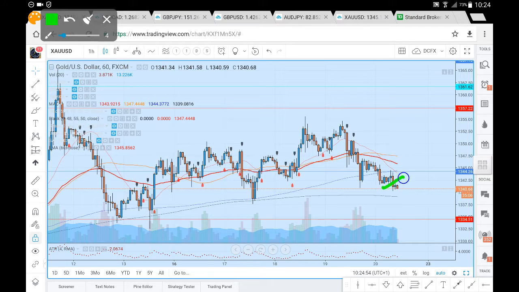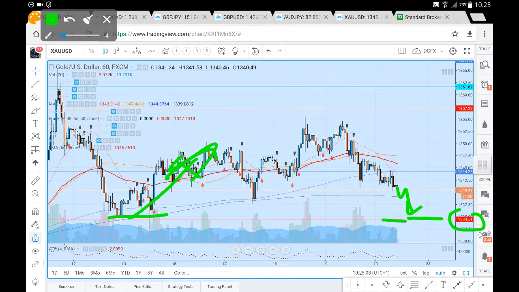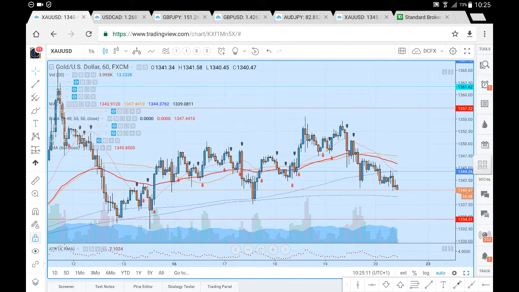So if we do see the sell side momentum continuation, we look to see our price react towards the 400 period moving average, which is our previously active support. And if we do see a successful break from there, we're looking for price to head down towards our 13.34.51, the very next major level and our last major swing low here in the market. If, however, we're not able to hold support at